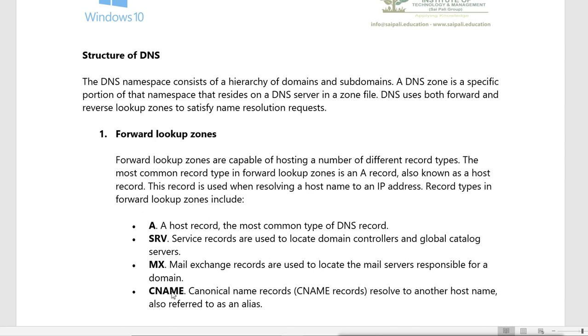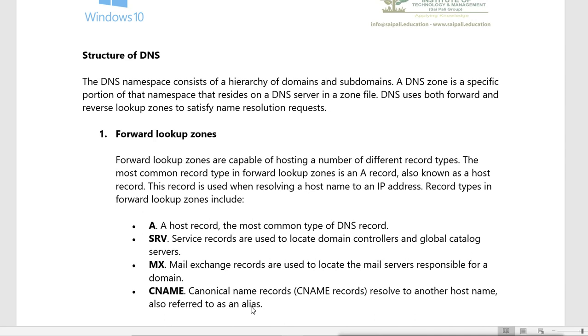Then you have CNAME. CNAME is a canonical name record. It resolves to another host name, also referred to as a name alias. So basically it is an alias of a different name. Suppose you have a machine with the name PC1, or we can say server 1. Now that server is our web server, and the same server is also our mail server.